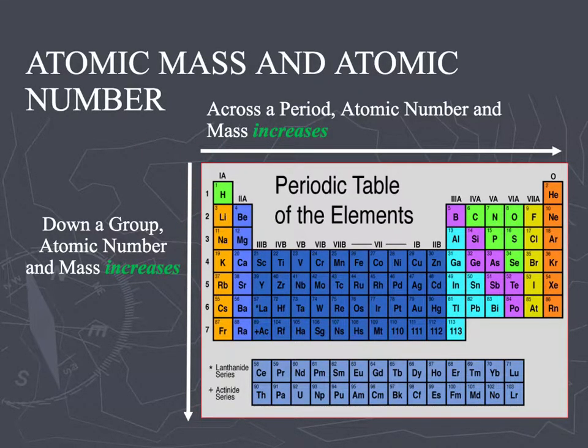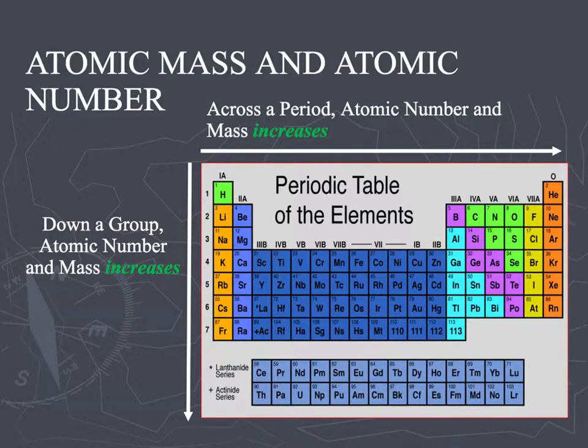That makes sense because as you go across a period you're adding one more proton, and sometimes one more neutron or several more neutrons, which adds to the total mass of the